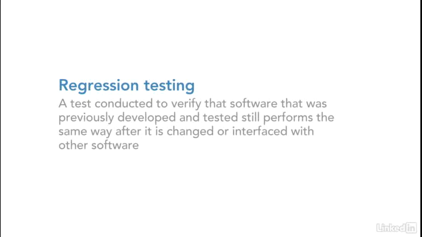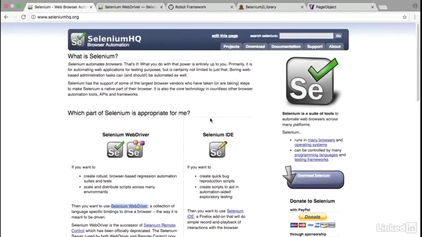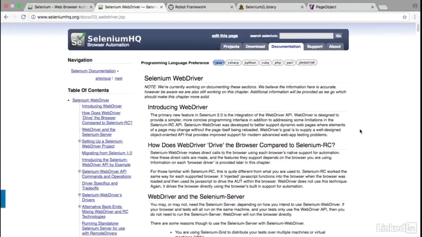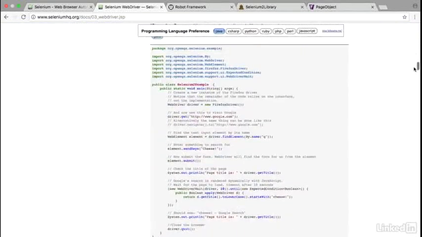End-to-end testing is about making sure the application flow works correctly after it's integrated with everything. You can use it to perform regression testing, ensuring the app still works the way it should after a change. And acceptance testing, validating that new functionality works the way it's supposed to from an end-user perspective. There are a bunch of UI testing frameworks, but one of the most popular for web UIs is called Selenium WebDriver. What you do with Selenium is you use the library to drive a browser,